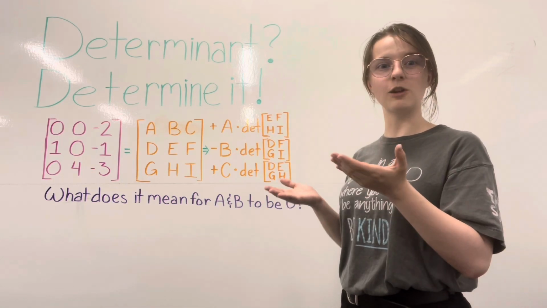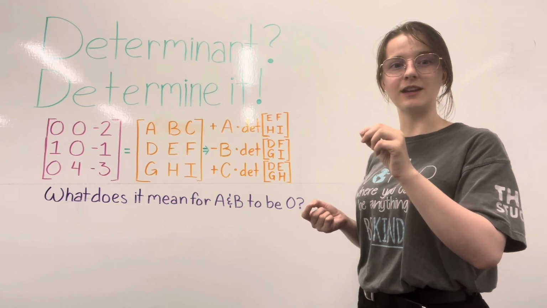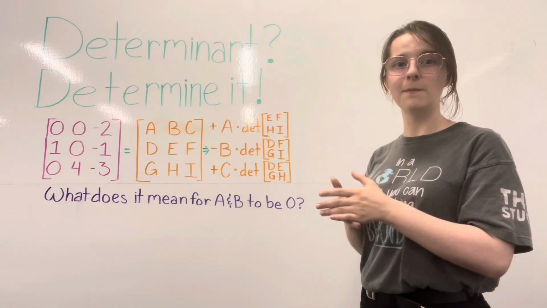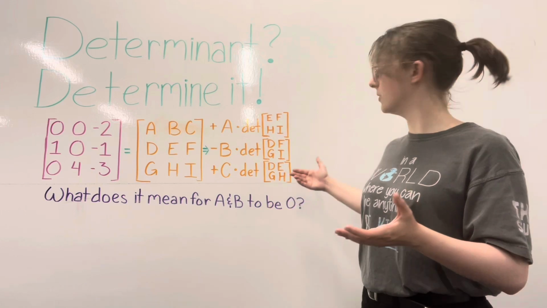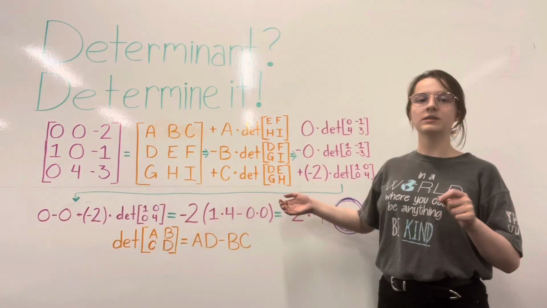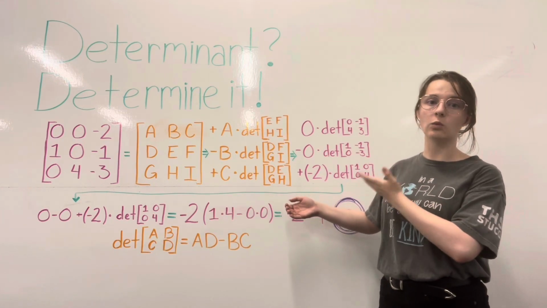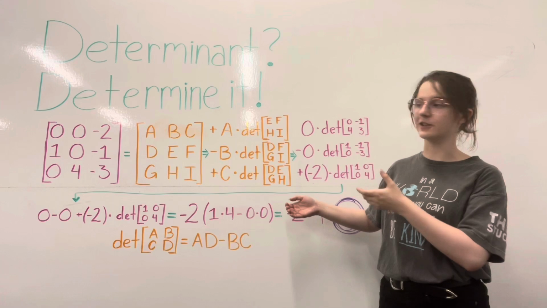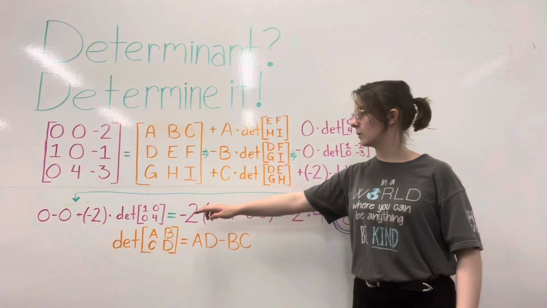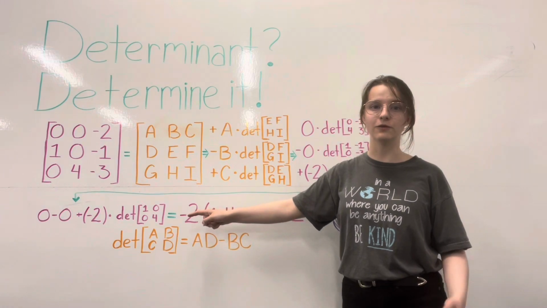We saw this with our parallelepiped earlier, where the only direction that changed and contributed volume to the final shape was our z vector, which is also the only one that contributes volume in the determinant equation. Plugging our numbers into this determinant formula, we get our two zero terms and our one non-zero term, our z vector. And putting that over here, we have our -2 times the determinant of 1, 0, 0, 4